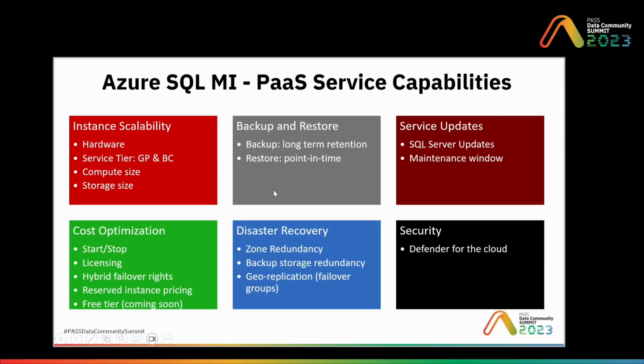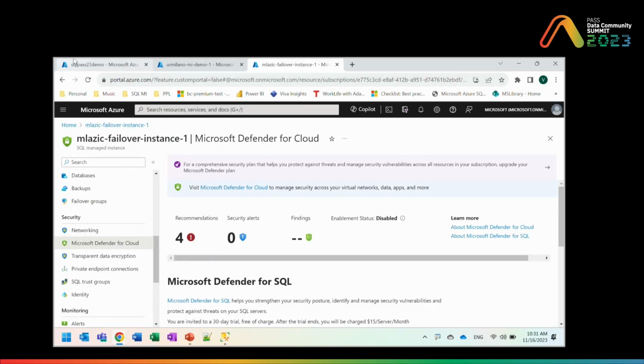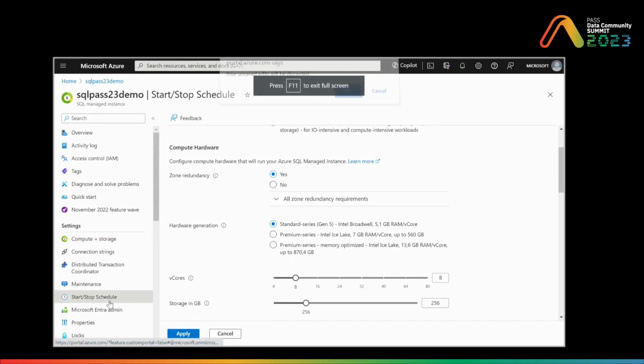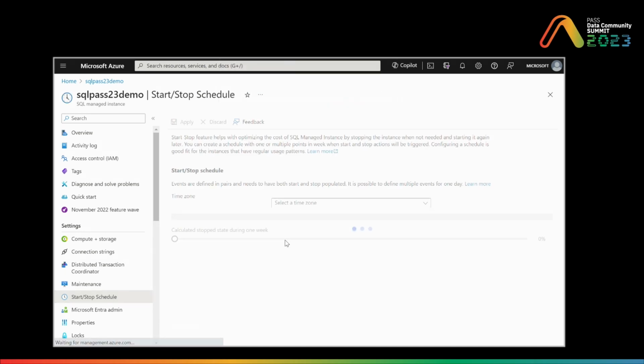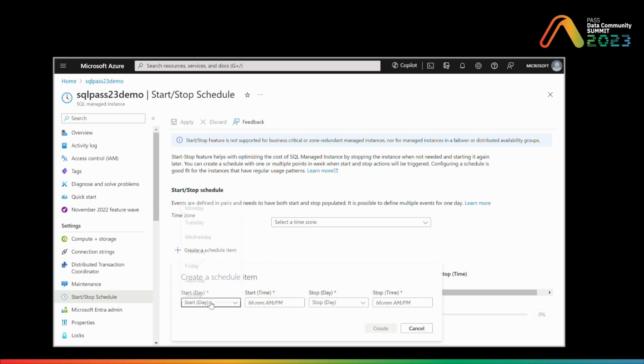There's a number of things here. The newest thing is probably start-stop. So I want to show you how that works. Start-stop is a feature in the general purpose service tier that allows you to create a custom schedule on when your instance is going to be active or paused. I don't have a schedule here, so what I need to do is, if I wanted to do regular working hours,